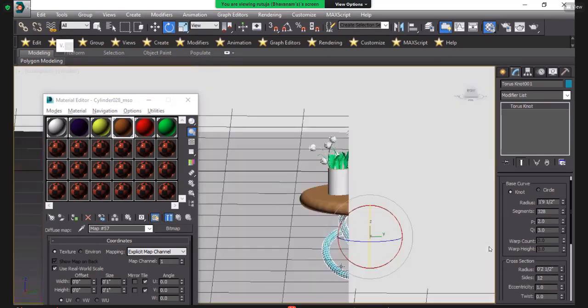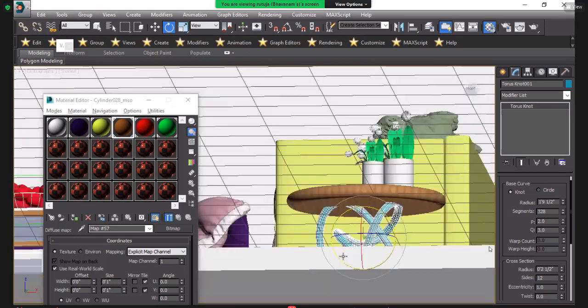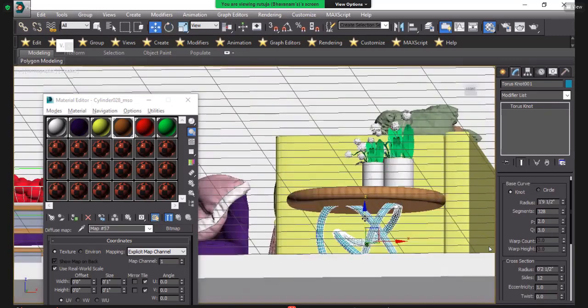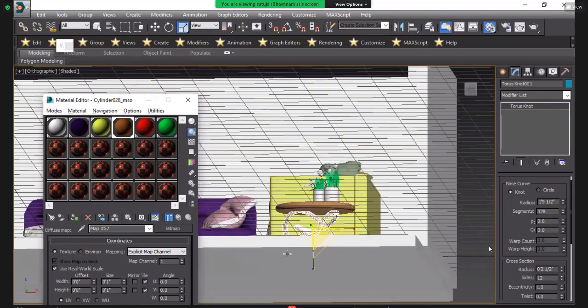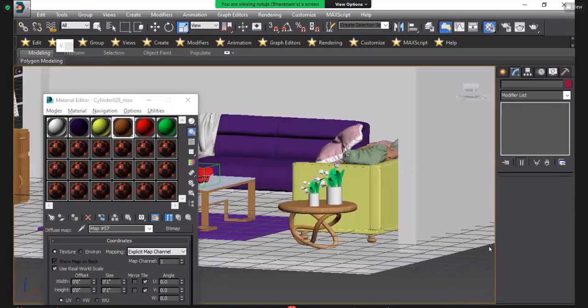Like that, you will see here your knot, and I will scale it here and apply this material. Okay. So if you are seeing your picture, this is the knot.